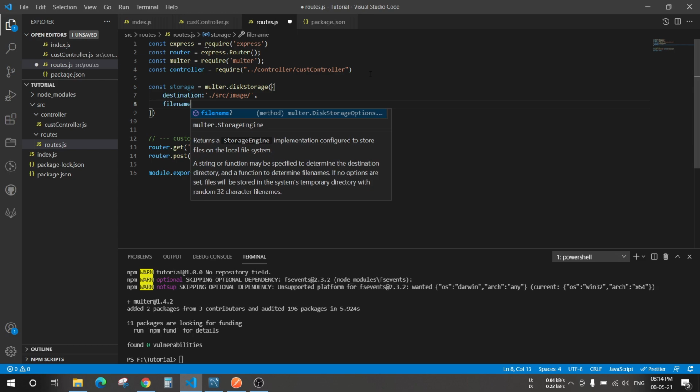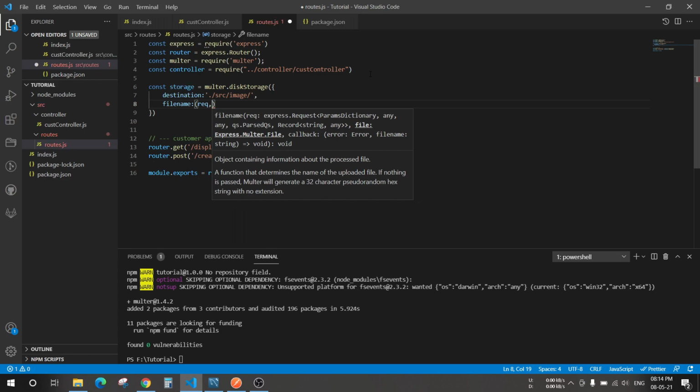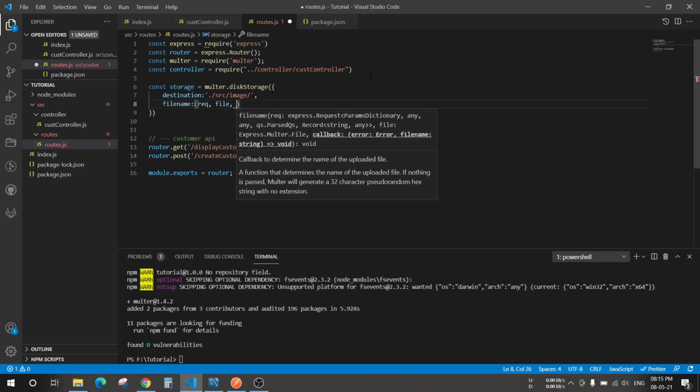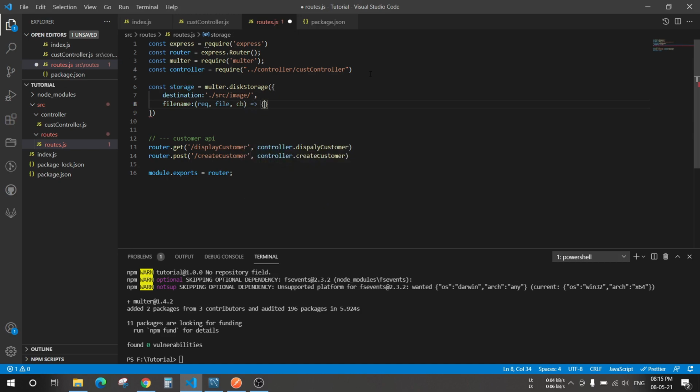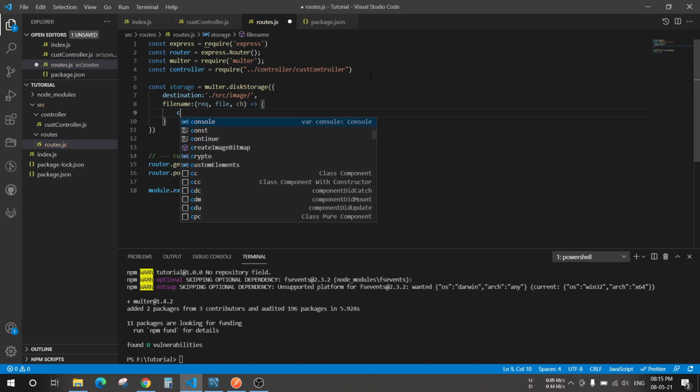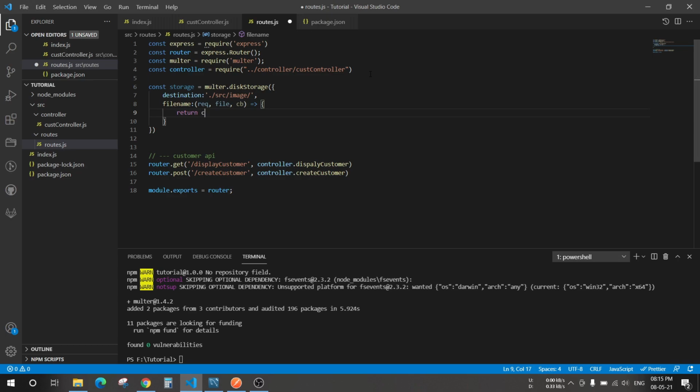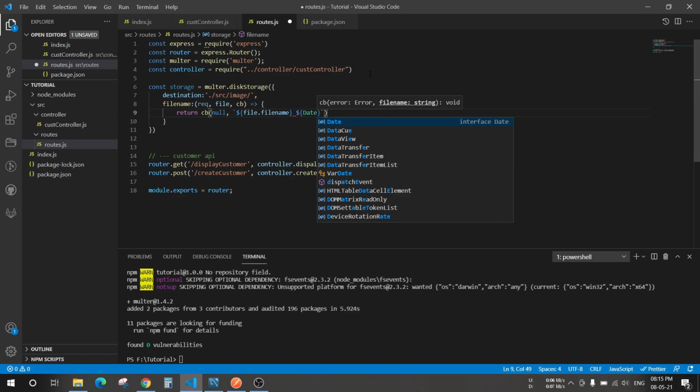Okay, now the file name, whatever files are coming here, that will be having a unique name. So we'll give three parameters: request, file and callback. Now let's return a callback function null. Whatever file will come will have file dot file name underscore the date on which it is uploaded